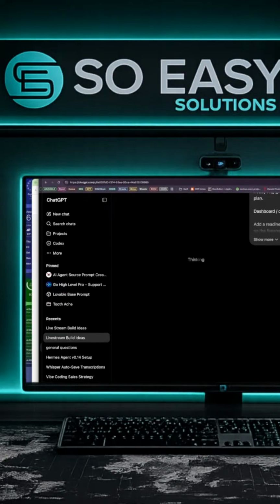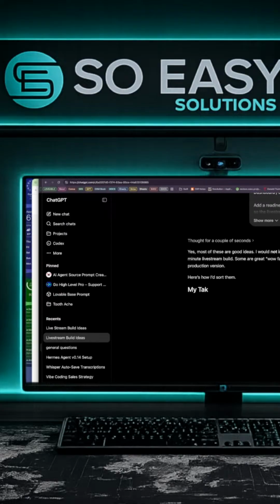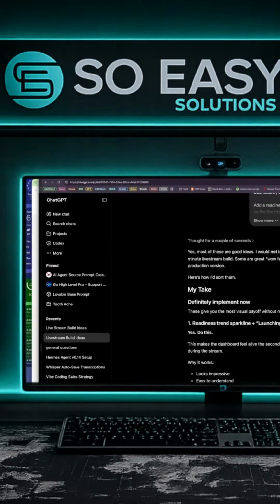So now we go back into ChatGPT. Okay, it says, hey, I wouldn't implement them because it knows we're doing this for 30 minutes. And we've done 25 minutes. Okay,